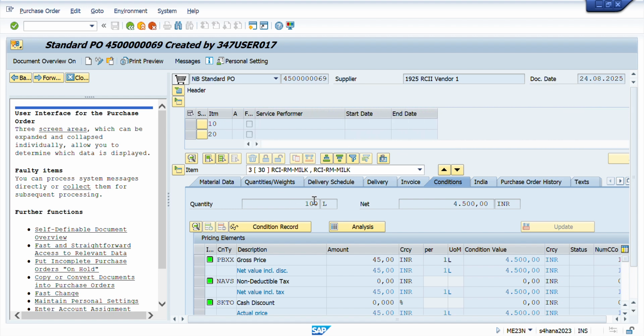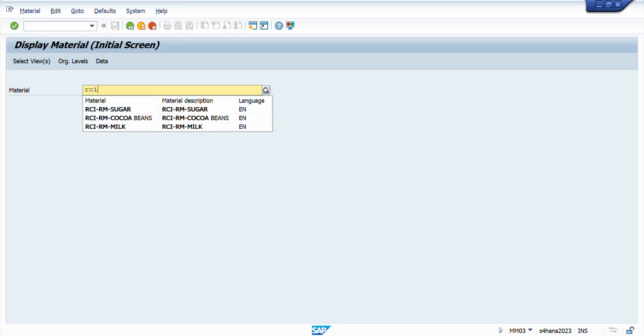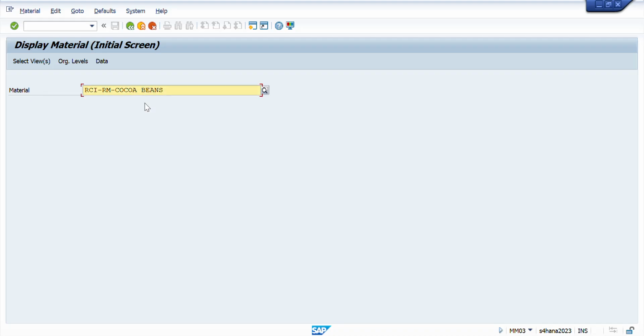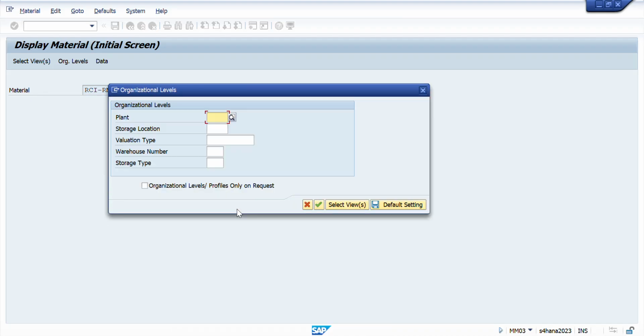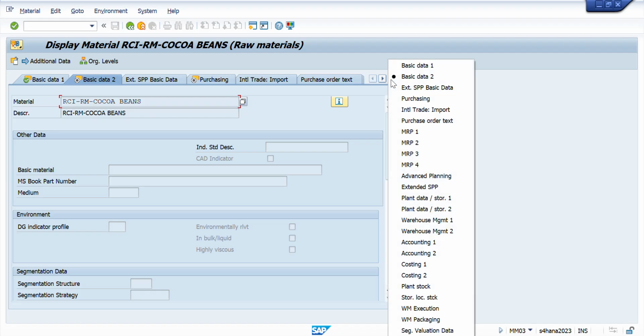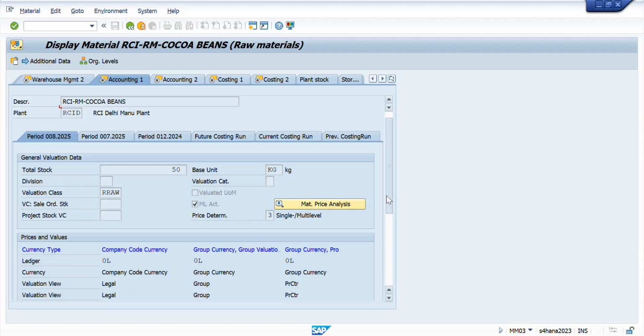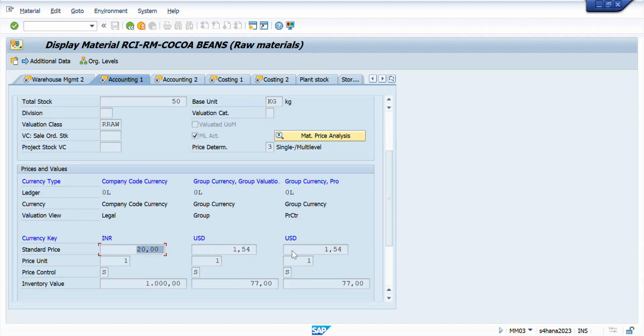Okay, now, so these are all the details that we take from the PO. Let's check the material master for cocoa beans to understand what is the standard price that we have set for this material in this plant and storage location. That will be available under the accounting 1, and here we have set 20. That's what I have put in the